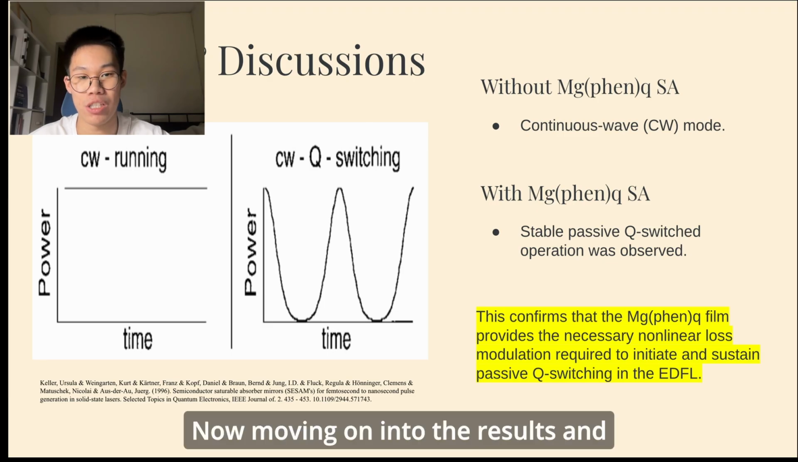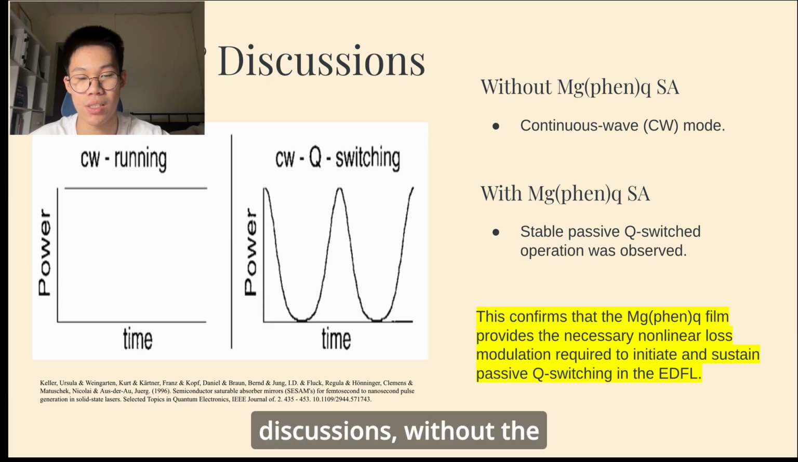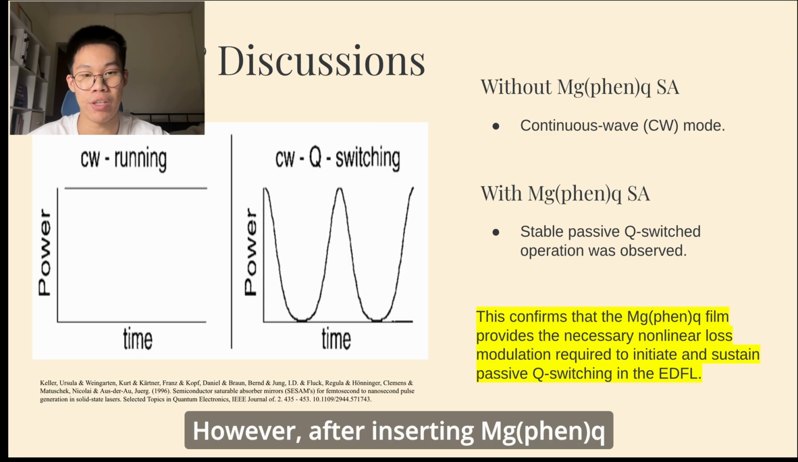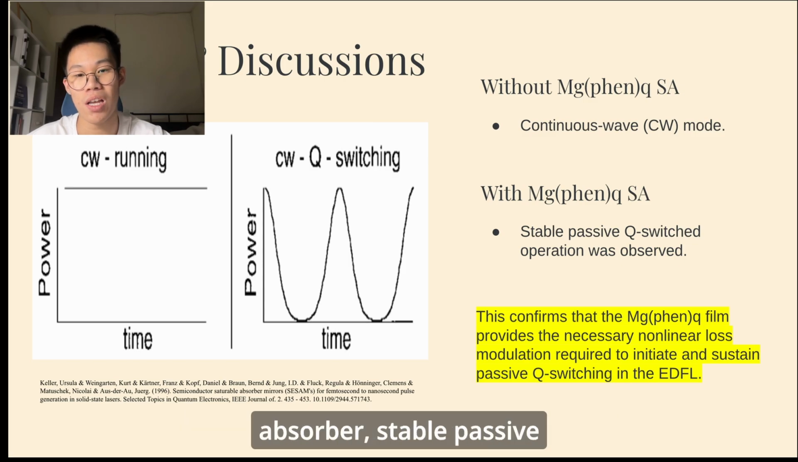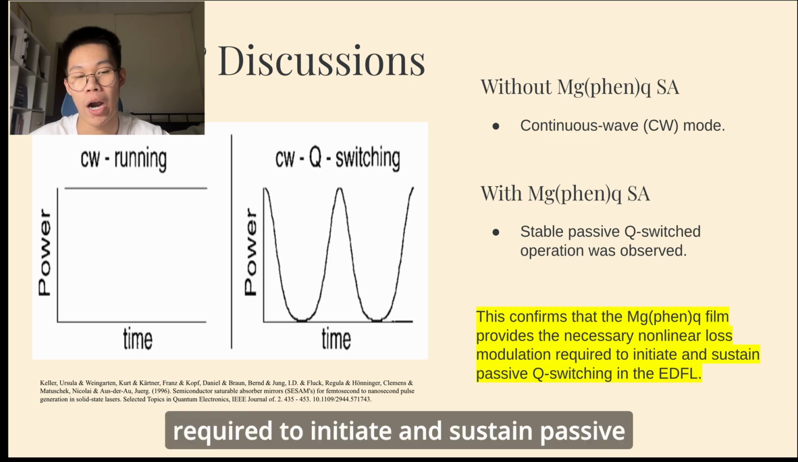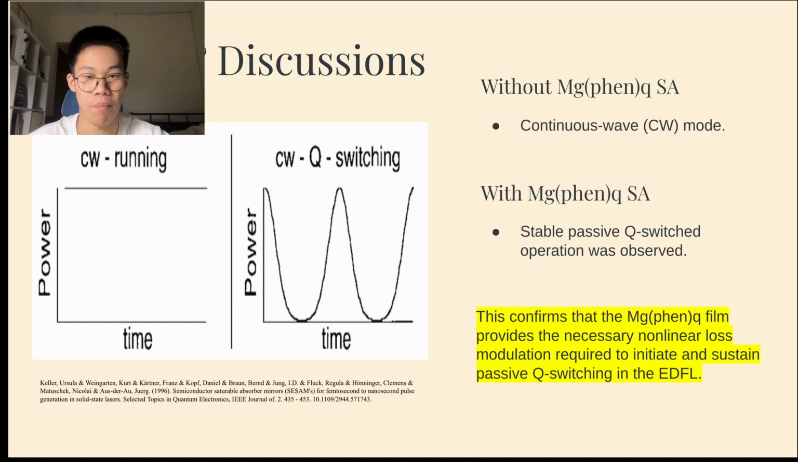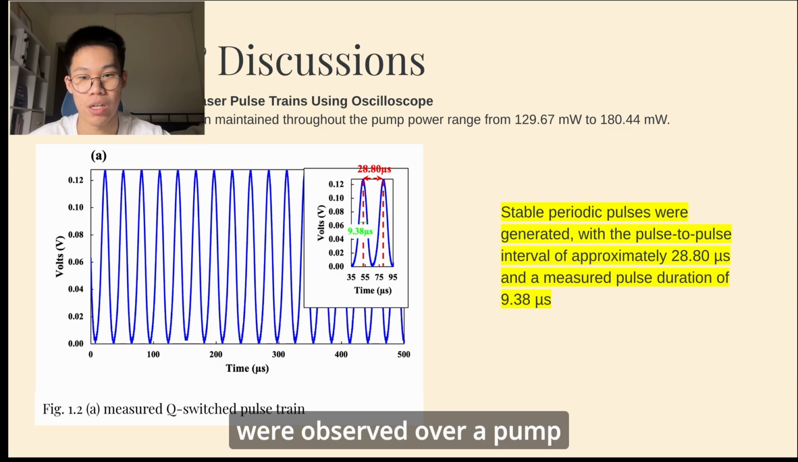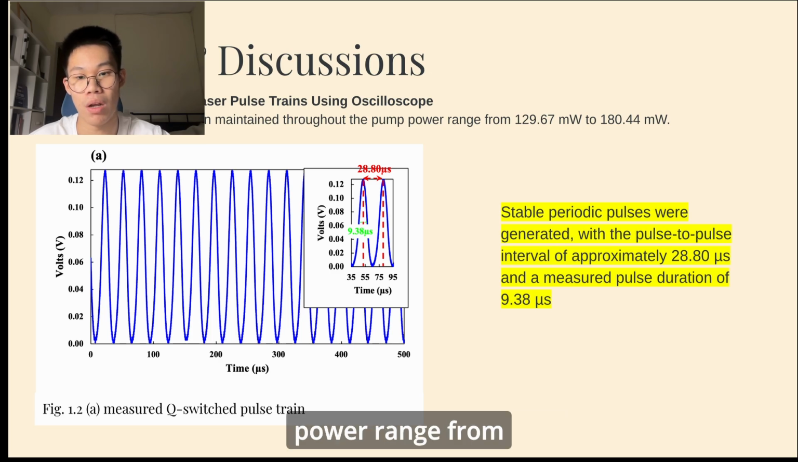Now, moving on into the results and discussions. Without the saturable absorber, the laser operates in continuous wave mode. However, after inserting the magnesium FanQ thin film saturable absorber, stable passive Q-switching was observed. This confirms that the magnesium FanQ film provides the necessary nonlinear loss modulation required to initiate and sustain passive Q-switching in the EDFL. Looking at the pulse characteristics, stable periodic pulses were observed over a pump power range from approximately